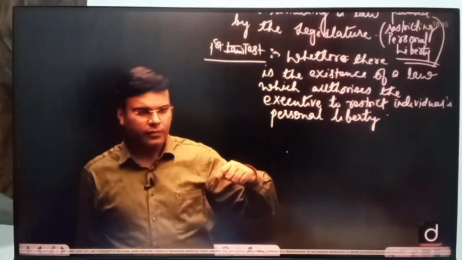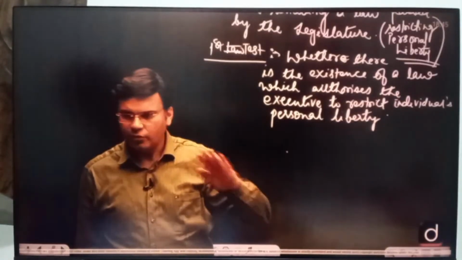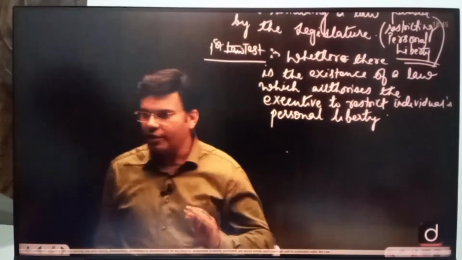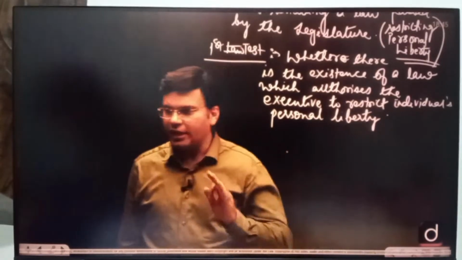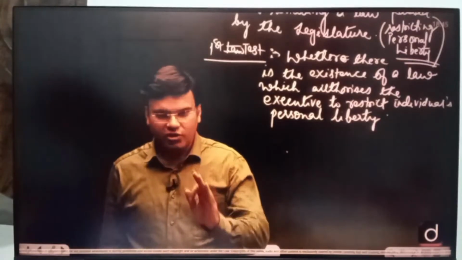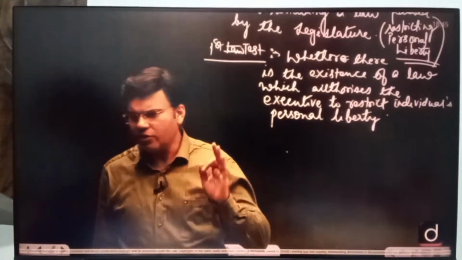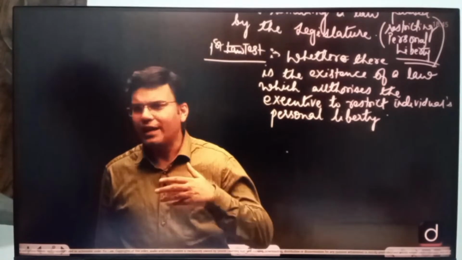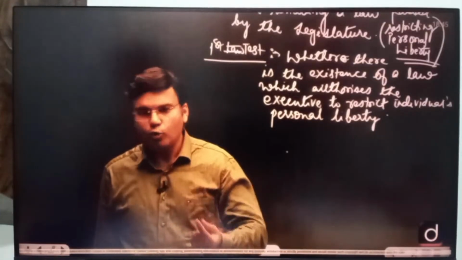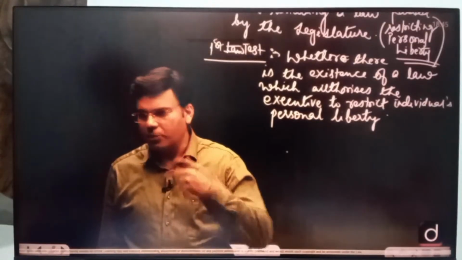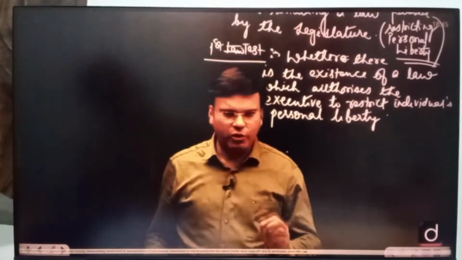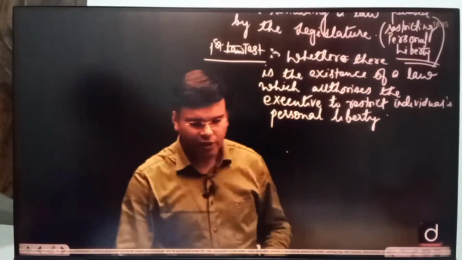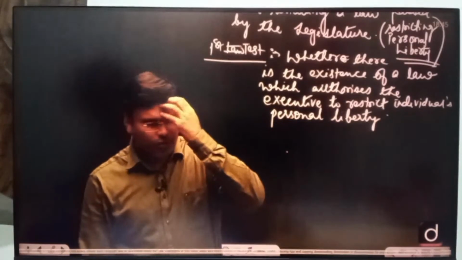is प्रिवेंटिव डिटेंशन एक्ट, तो पास हो गया। पहला टेस्ट में क्लियर है, कोई दिक्कत नहीं है। कोर्ट ये देखेगा कि yes there is a law and under this law the executive is empowered to restrict somebody's personal liberty based on certain considerations and ground, because it is preventive. So even if they have not violated any law, but if the state thinks that he could violate a law, so to prevent the person from violating a law, the person could be detained by the executive. So the executive derives their authority from a law, and now this is the first thing. So there is existence of a law. Now the second